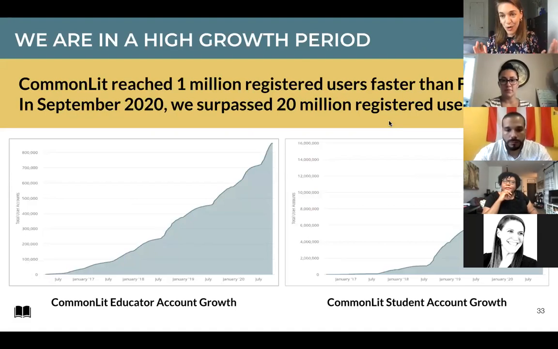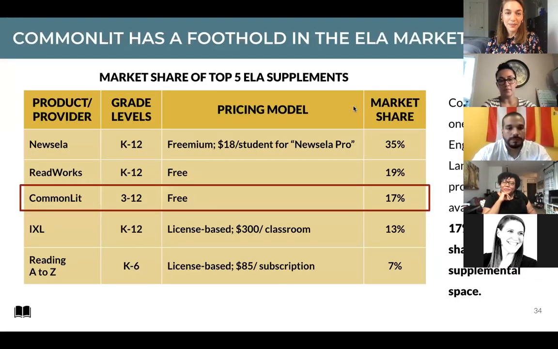We're at this moment where CommonLit is in an extremely high growth period. We now have over 20 million teachers and students registered for the site. So, the materials that Adrian just shared with you, teachers are all on break right now, but in a couple weeks, the million teachers that have CommonLit accounts are about to check their emails and see that their year has just been planned out for them. So we are so excited for a really intense year and another high growth year.